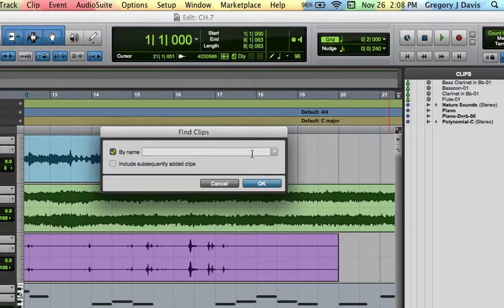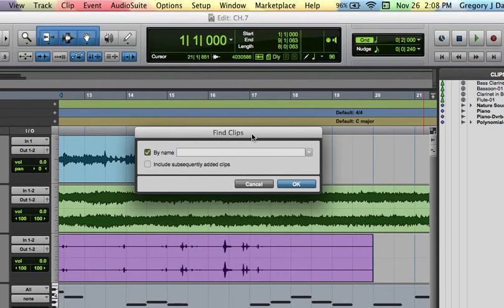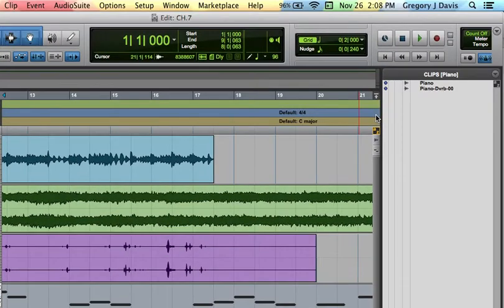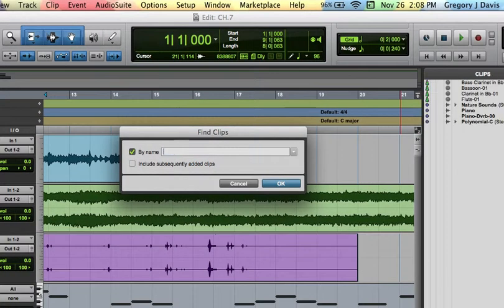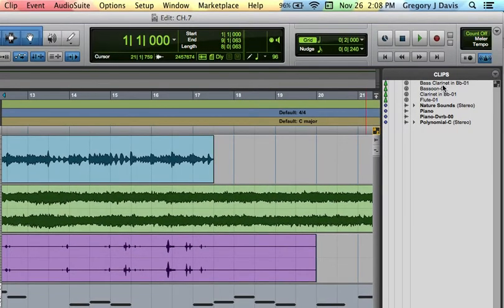So you can use the name field. You can also, I'm sorry, not the name field, the find field. You can also, let me clear that out. You can also, once you've found clips, you can obviously remove them, but before we do that, yet another way